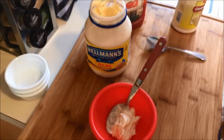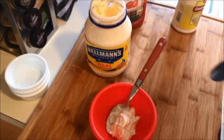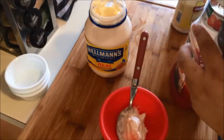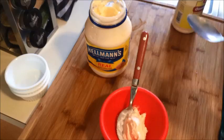Like I said, I'm trying to measure here, and I gotta also keep my eye on the food that I'm making. Trust me, it's hard. Okay, so